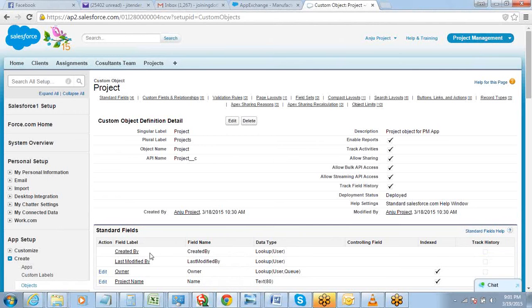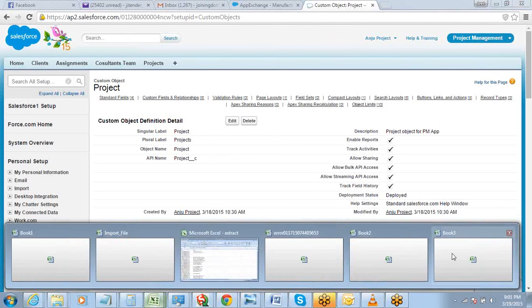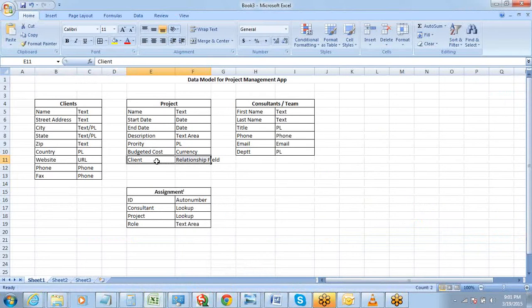All right. So if I look into my data model now, see, this client field is connecting my project with the client object. So there is a connection between these two. Now, clear? Okay, good. Now this relationship that we created is called a one-to-many relationship.